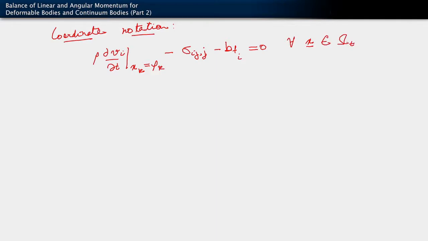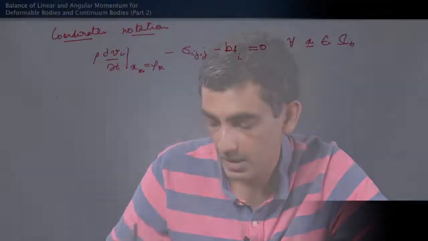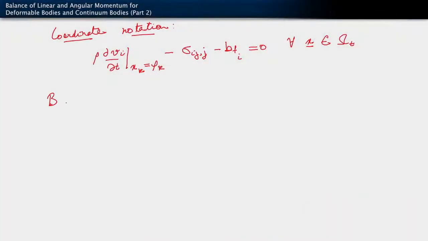Okay? All right, so that is our balance of linear momentum, right? Both in direct notation and in coordinate notation. What I want to do next is look at our balance of angular momentum and reduce it also to pointwise form. Okay, so for balance of angular momentum,